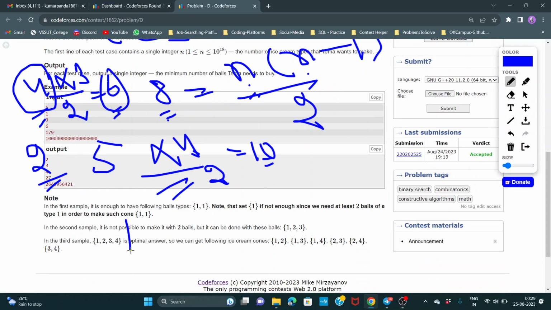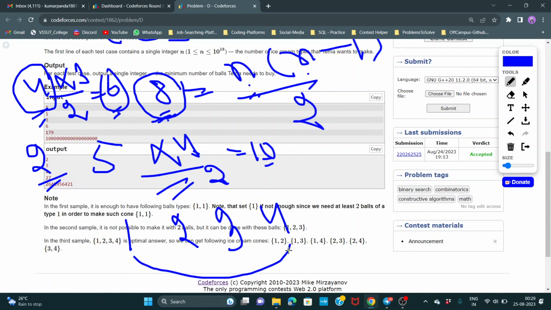Okay, so in this case, I can explain the above one by taking an example. See, for 4, because we have to make 8 different ice creams. If at first we take 4 balls with four different flavors, these make 6 different ice creams. And if I add one more ball with a different flavor, then the answer is 10, which exceeds my required answer. So I cannot take